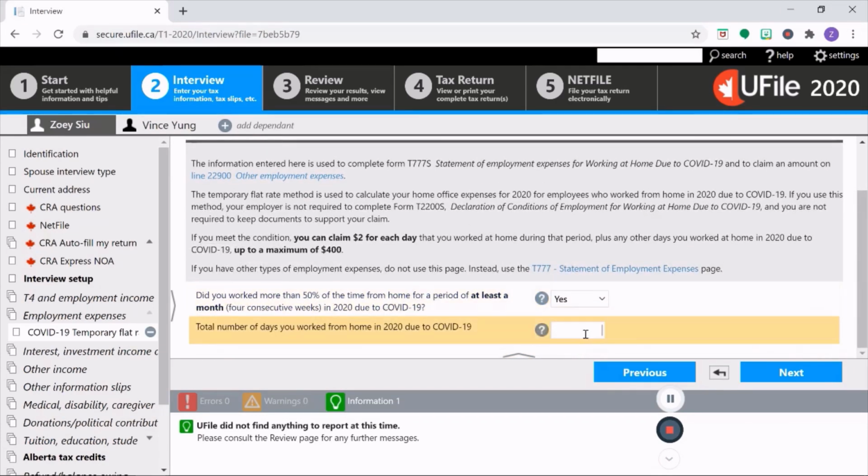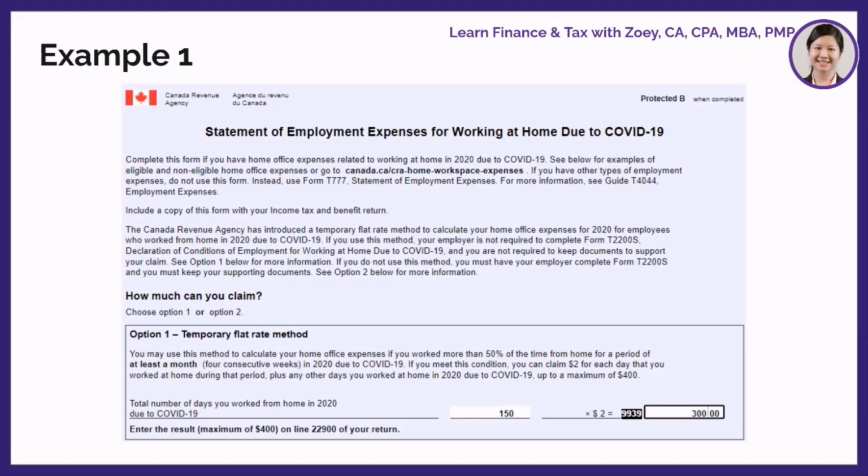For this example, we'll put 150 days in the second question. Based on the information we just entered, YouFile will automatically report the amount on Form T777S and line 22900 of your tax return.